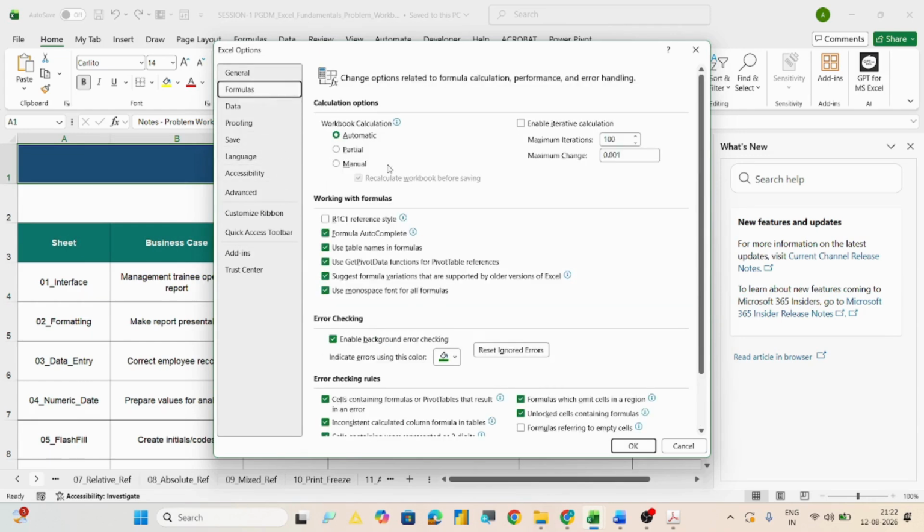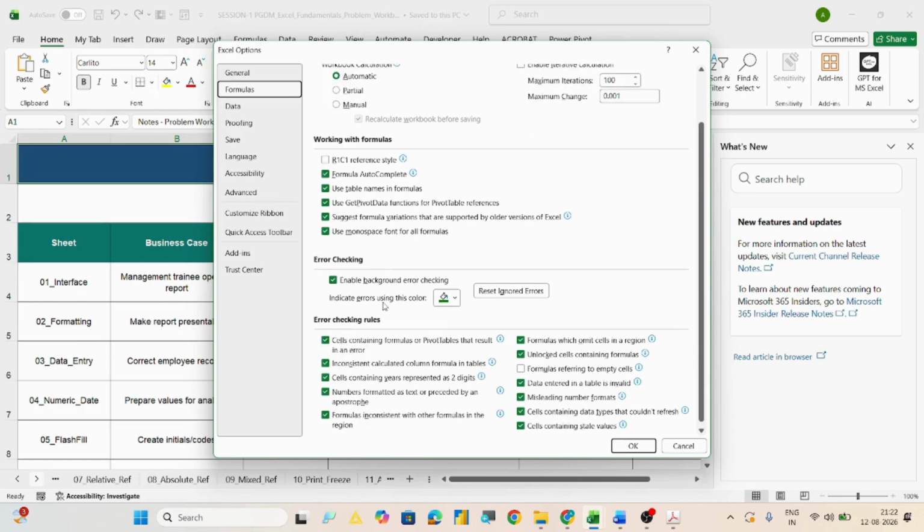You can also see the formula settings, like the calculation is automatic. You can enable iterative calculation, you can change the maximum iterations, and see the maximum change over here. You can enable background error checking also.